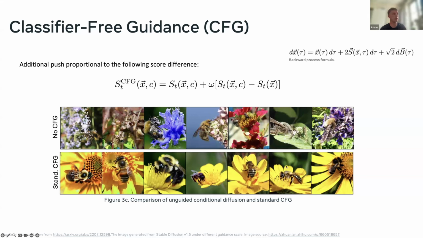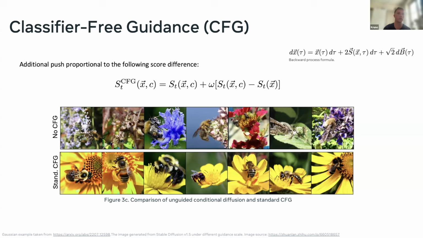The second thing that you can see, so each one of these columns basically corresponds to starting from the same seed, which means from the same noise. And basically what this means is that there's been a complete loss of semantics. So what happened here is this path, starting from the original noise, generated a bee on a blue flower. And this path completely lost any sort of relationship with where it started.